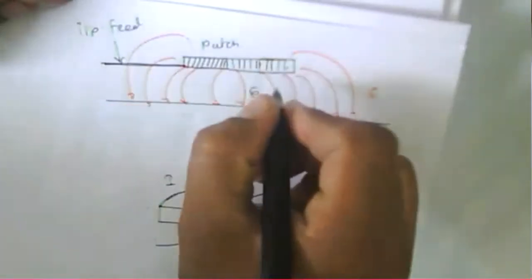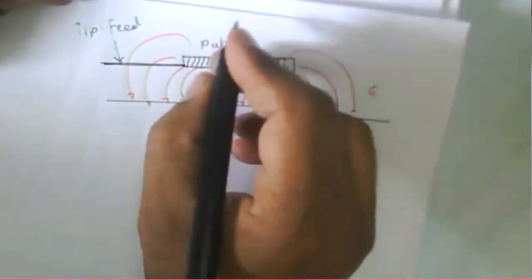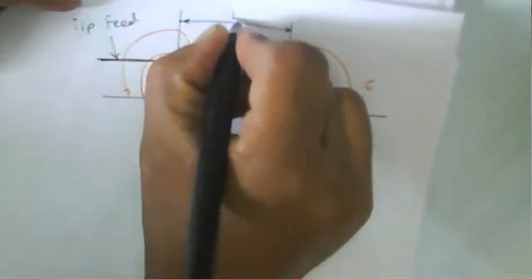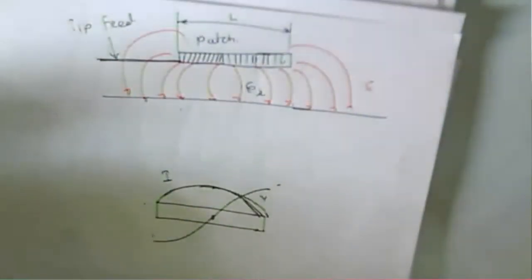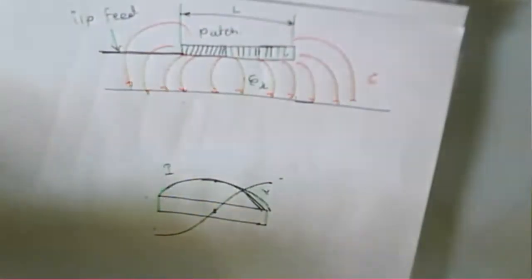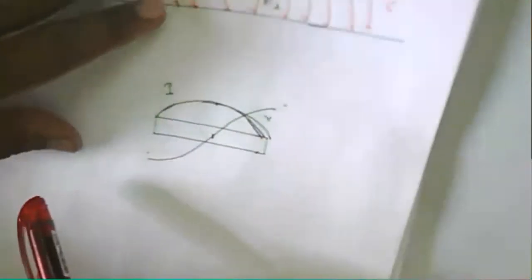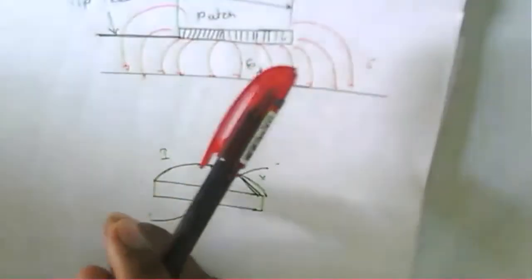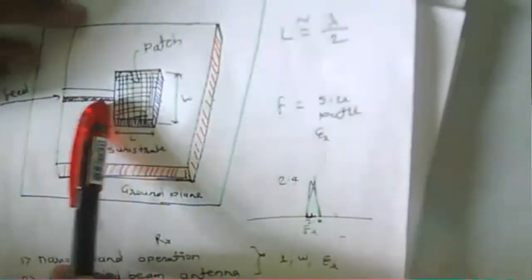It depends upon the length of the patch. All these factors depend on the length of the patch, so it is important to know the length of the given patch. If you change the length, then all the parameters change. That's why we should know how your antenna is to be designed. This is a simple way to design a patch on the substrate. So the patch is designed.